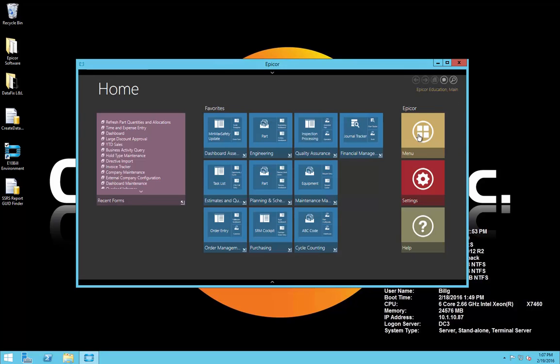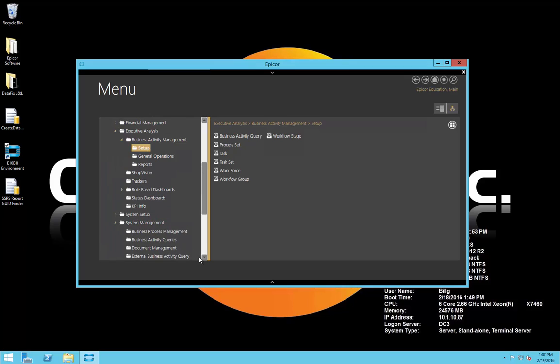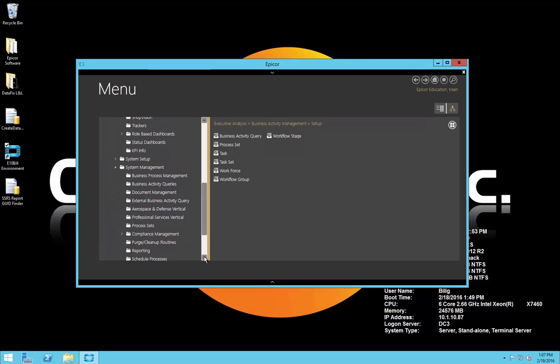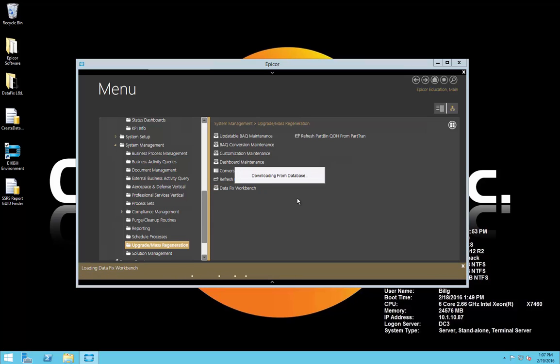Okay, we're going to go to our menu. This is under System Management and Upgrade Mass Regen. It should be the last one, I believe, or second to last. And here it is, the Datafix Workbench. This was not there prior. If we open it up,